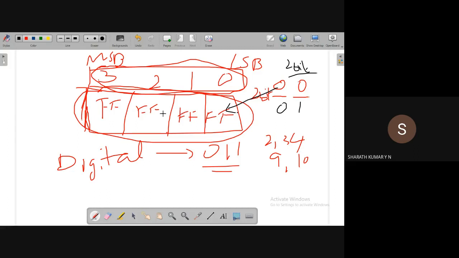Guys, are you able to see the screen? I'm scribbling on the screen. Are you able to see that? Yes, sir. Okay, because I'm not able to see it on my mobile. It is not updating, I guess. Maybe the network is slow. Anyway, okay.